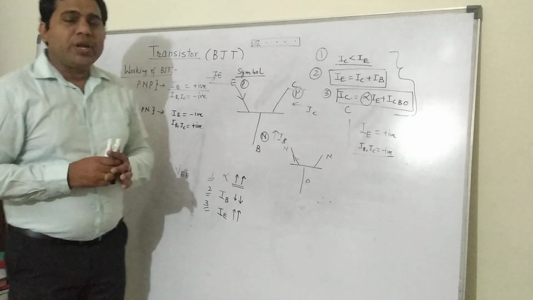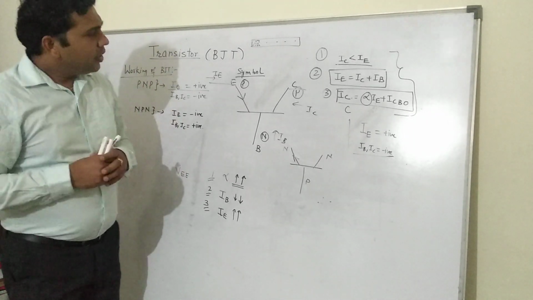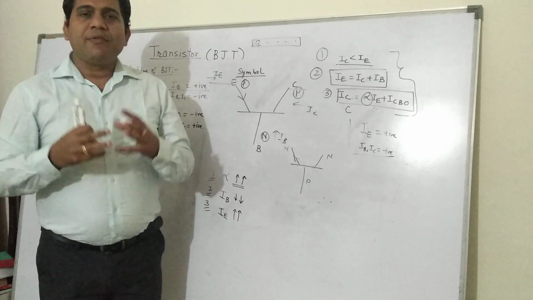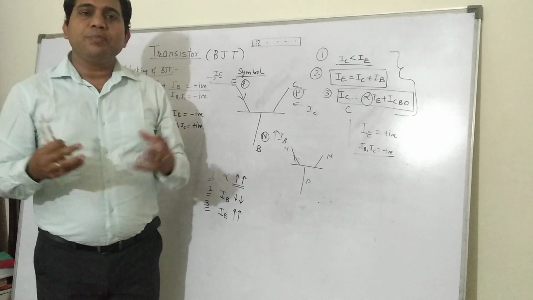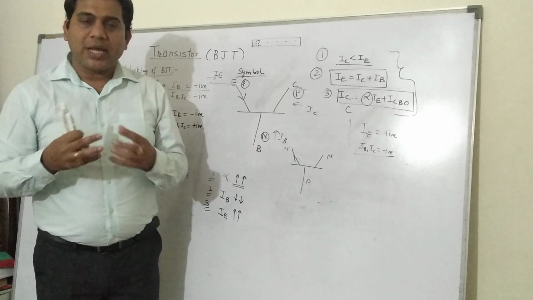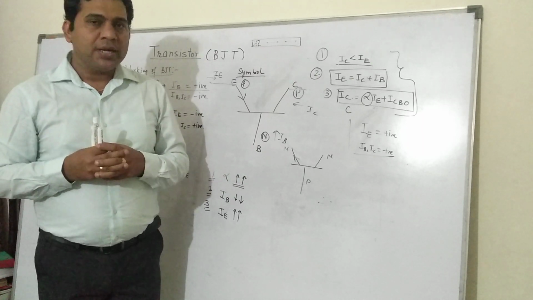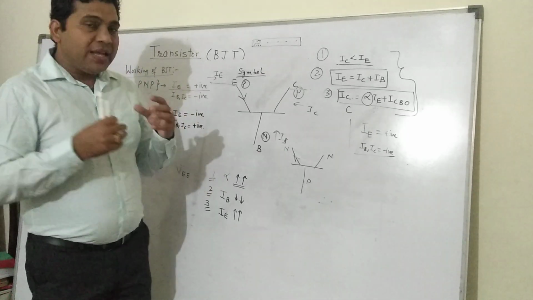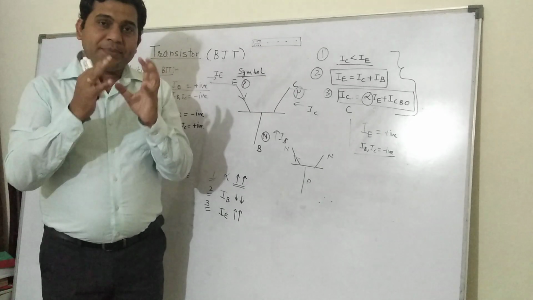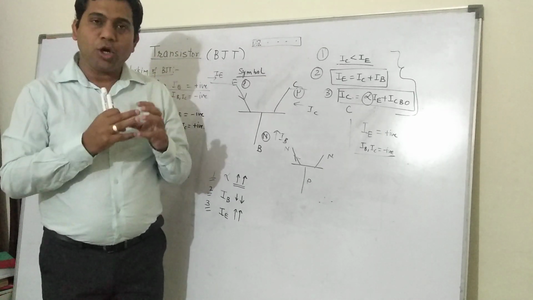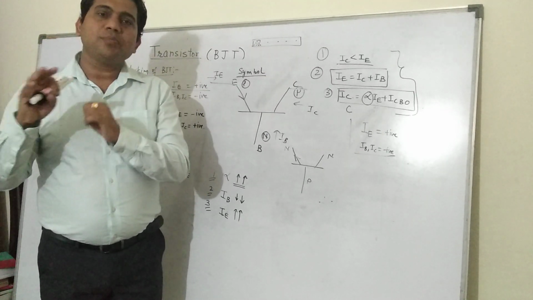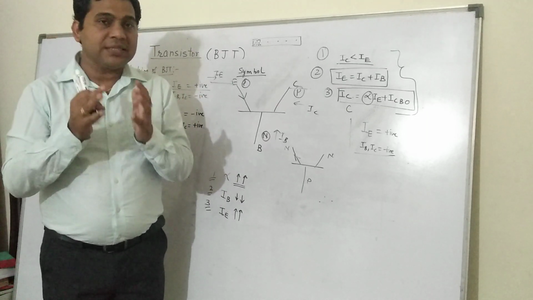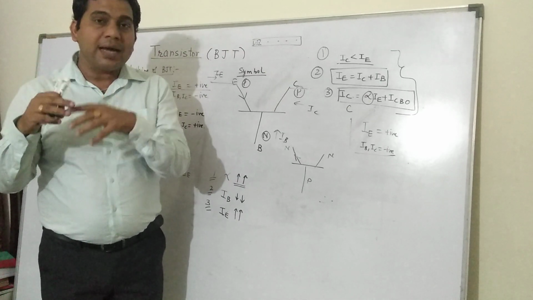So today, let me now conclude the session. Today what we have learned is the bipolar junction transistor. Bipolar means both types of charge carriers take part in the conduction. It has two junctions, the emitter junction and the collector junction. Then we have seen the three blocks: emitter, base, and collector. Emitter is heavily doped, base is lightly doped, collector is moderately doped. Emitter is moderate in size, whereas the base is the thinnest, and the collector is larger in size.